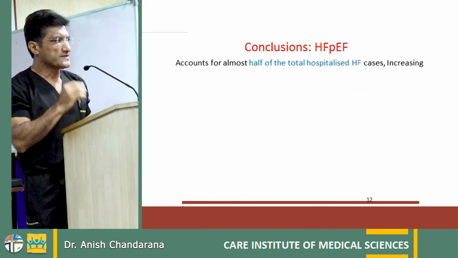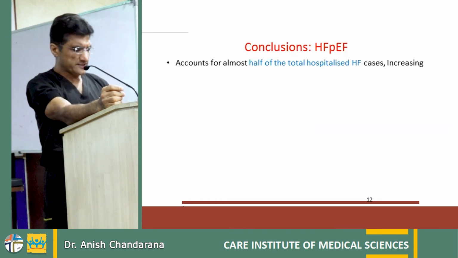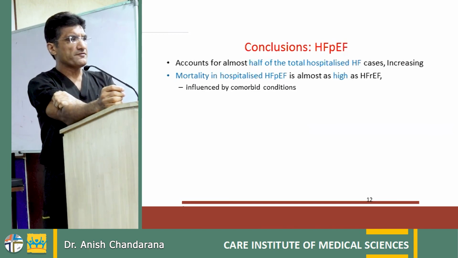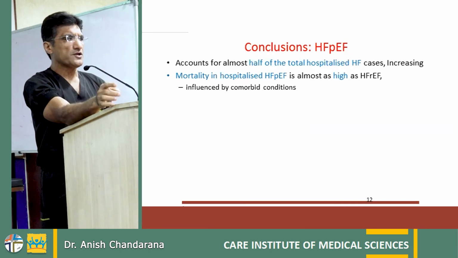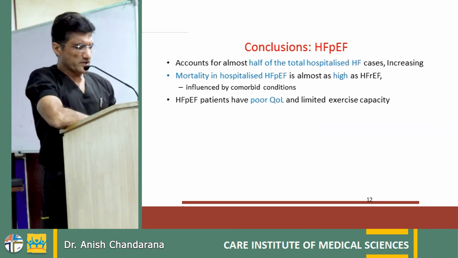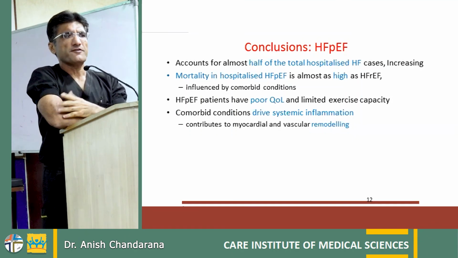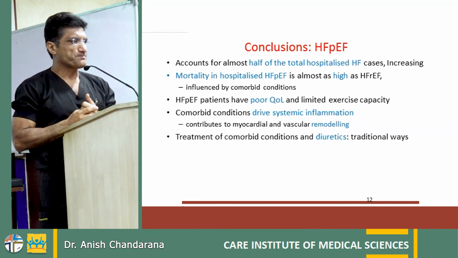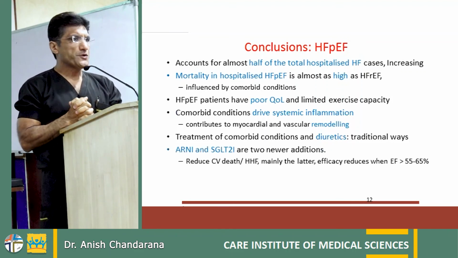So coming to conclusions, ladies and gentlemen, HFpEF accounts for almost half of the total hospitalized patients of heart failure, and it is increasing. Mortality in hospitalized patients with HFpEF is as high as HFrEF. So whenever you see a patient who is admitted with HFpEF, he or she is as serious as HFrEF. HFpEF patients have poor quality of life and very poor exercise tolerance. Comorbid conditions, as I discussed, drive systemic inflammation, and ultimately it leads to remodeling of the heart and remodeling of the vascular system. Treatment of comorbid conditions and a touch of diuretics are the traditional ways, and 2 new drugs have come to the surface,